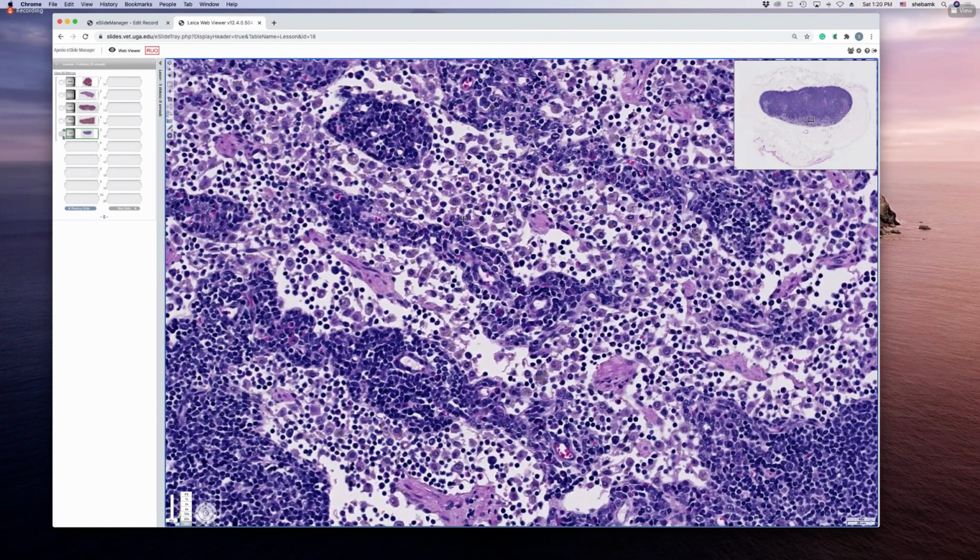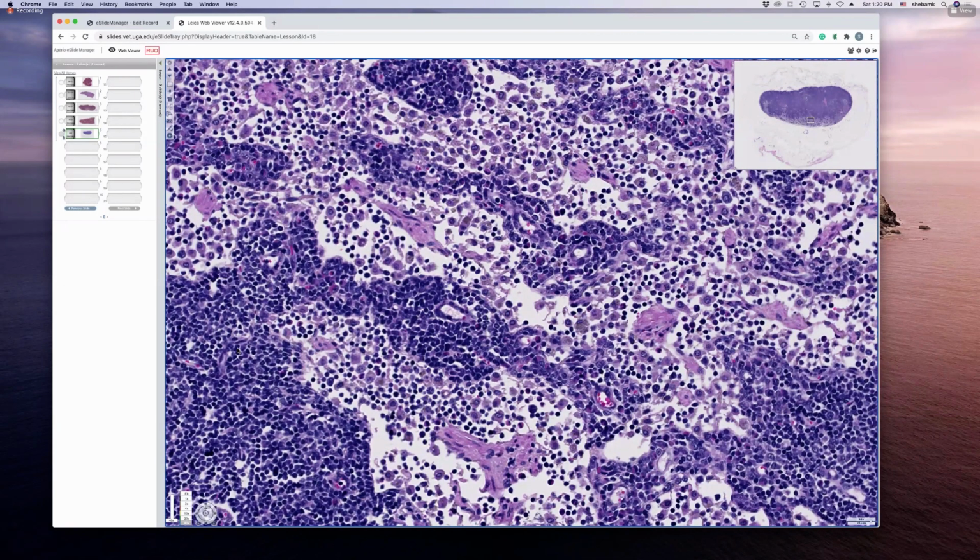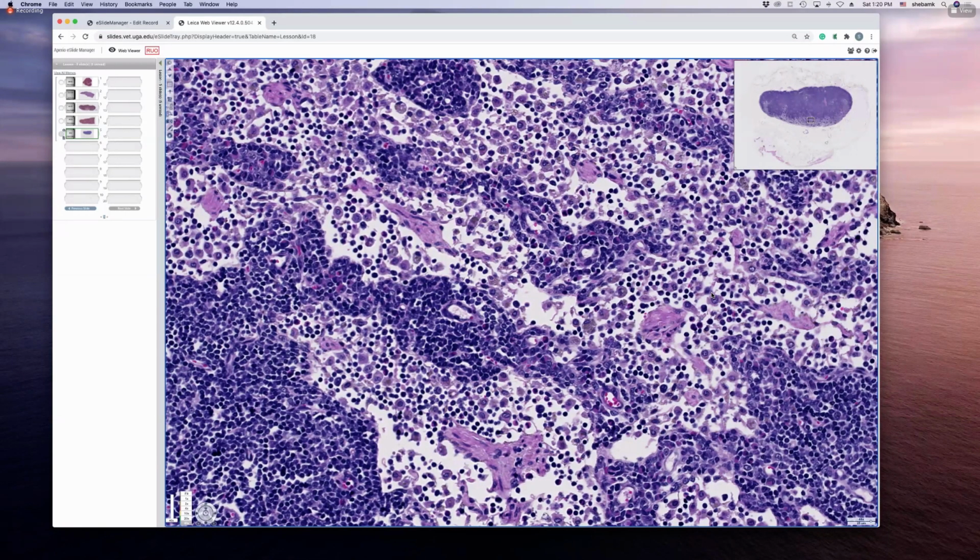You can see lots of cells, right? So there are lymphocytes again, but you can also see some of the stromal cells, like the ones here. Look at that. So it has projections, like it's dancing. So this is forming the stromal network for the lymph node, okay? Again, the fibers here are going to be reticular fibers, okay? You see lots of reticular fibers, and all these are reticular cells, okay, that are producing these fibers and forming